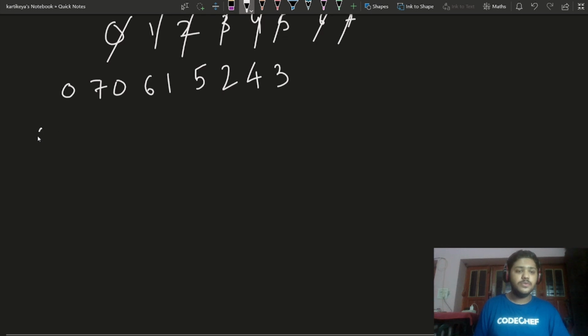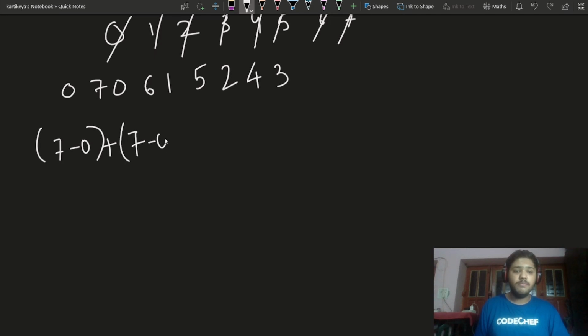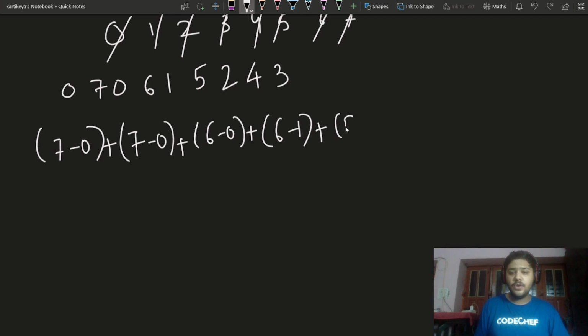So it would be equal to 7 minus 0, because we move from 0 to 7, then again 7 minus 0 because we moved from 7 to 0, then 6 minus 0 because we moved from 0 to 6, then 6 minus 1 because we moved from 6 to 1, then 5 minus 1 because we moved from 1 to 5, then it is 5 minus 2 because we moved from 5 to 2, then it is 4 minus 2 because we moved from 2 to 4,